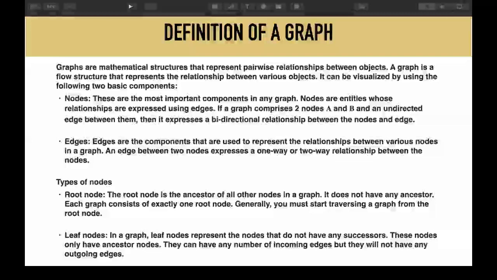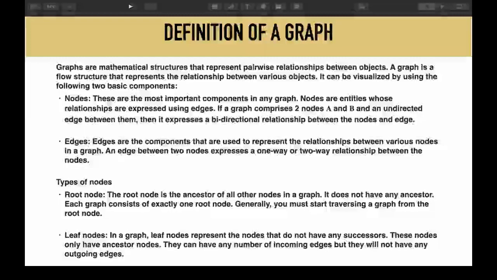And also there are some types of nodes, like a root node. I mean, root node doesn't actually make sense in a graph, but why I included root node is because when we perform search algorithms, it is mandatory that you choose a node and just start assuming that it is a root node. Though root is more popularly used in trees, because it makes sense, because there are no cycles in a tree. But in a graph there can be cycles. So the definition of root is not that strict, but it says the root node is the ancestor of all other nodes in a tree.